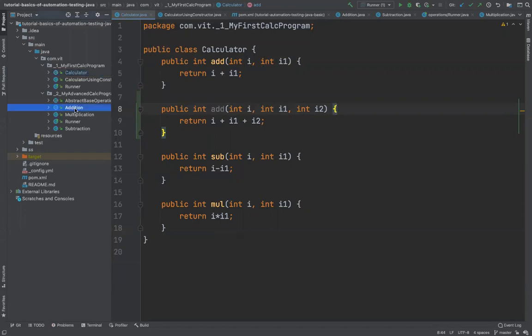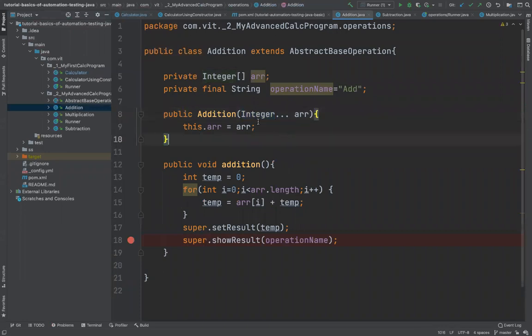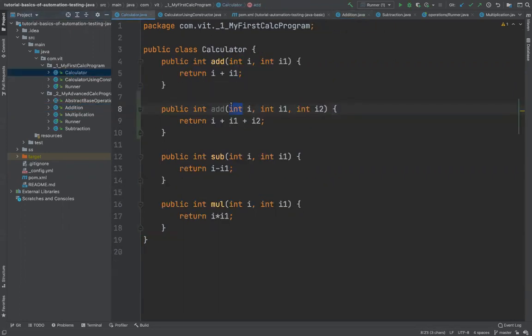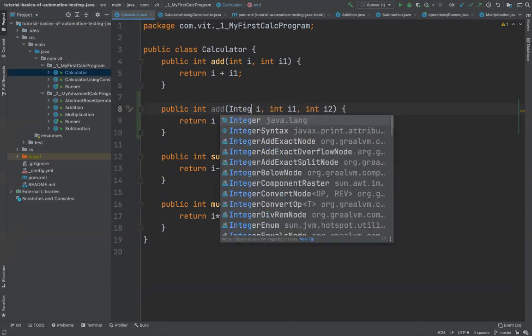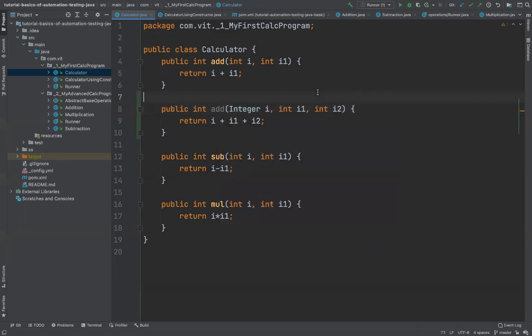So the way I have modified it is by introducing optional parameters. That is, when you write something like this, Integer, that means it will accept integers, because anyway you have to write the same thing here. You have to mention the type of the variable. You can define the type of the variable in two ways: either you do this, int, a primitive type, or you write this, which is a class. Both represent almost the same thing functionally, with a lot of differences, but you can do it in both ways.